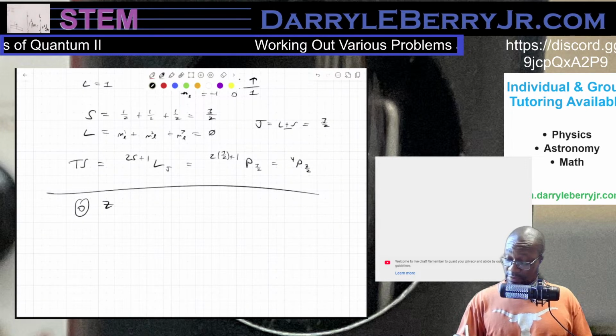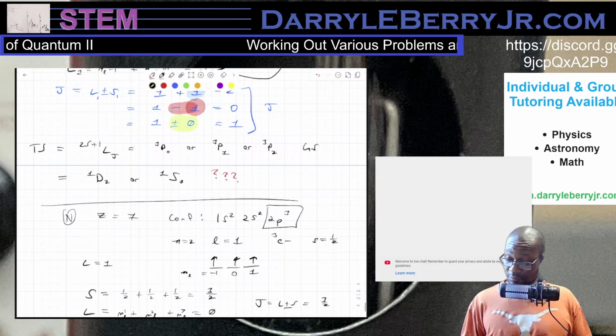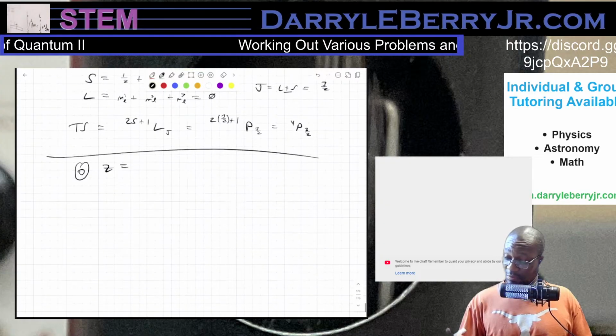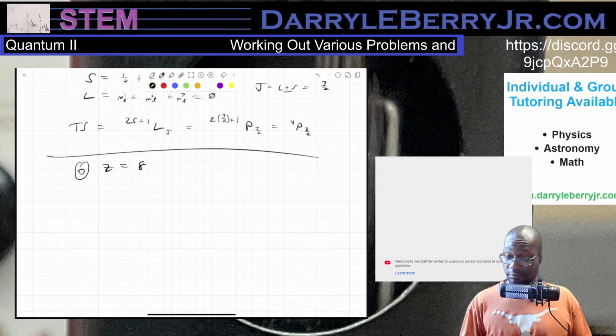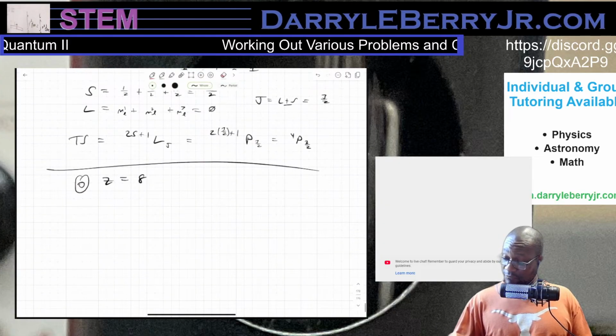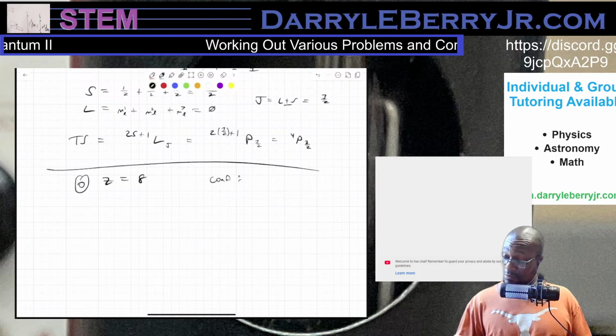Oxygen is Z equals 8. So the configuration would have to be